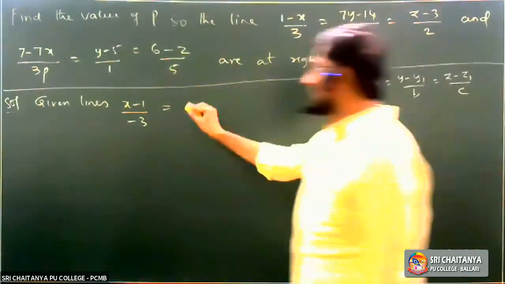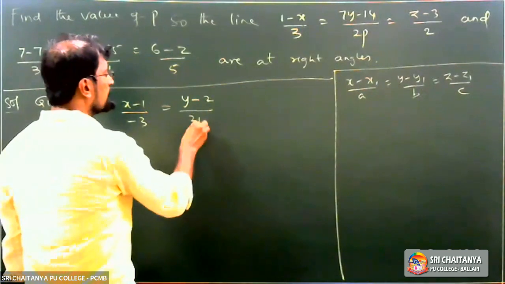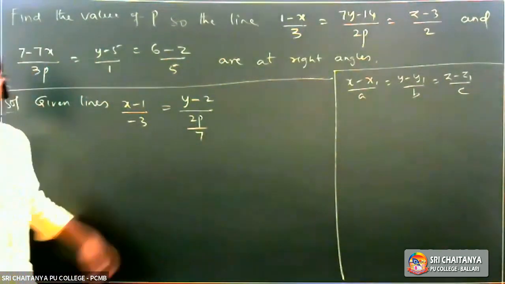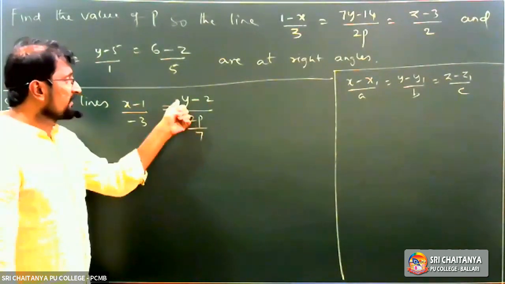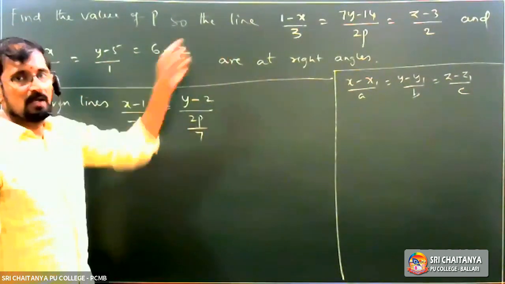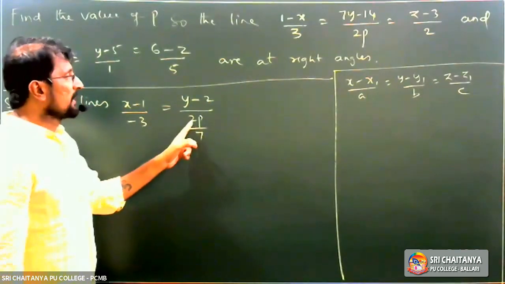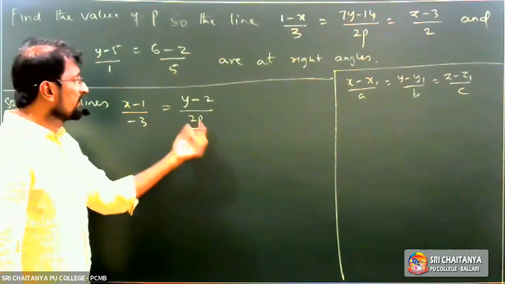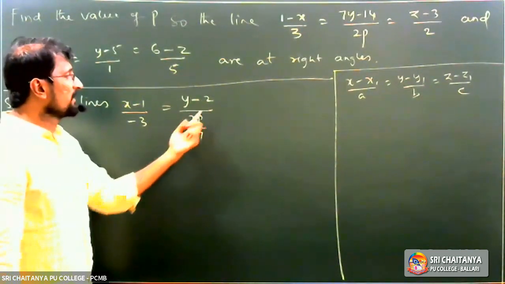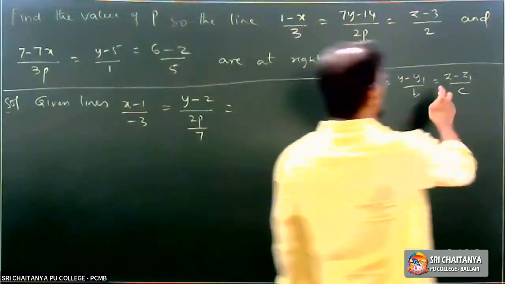You are going to get (y minus 2)/(2p/7). Now observe this one. If the 7 goes up, this becomes 7y minus 14. I am going to repeat this part once again. (y minus 2)/(2p/7). If 7 goes up, (7y minus 14)/2p is equal to, the third part should be